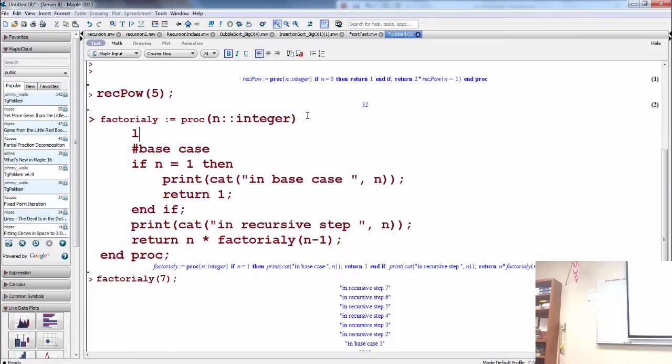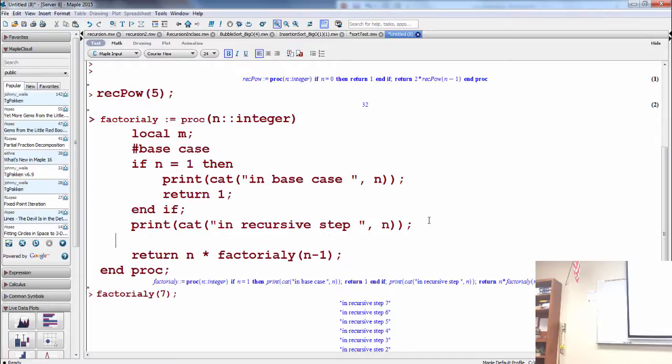So we could say local m is assigned the value of this recursive call. Do you see why I'm doing this? So I can print it out before it returns.